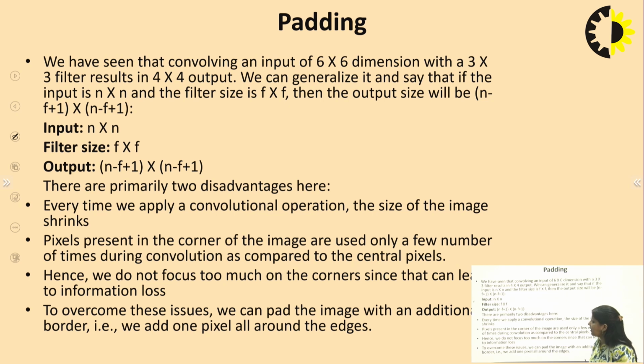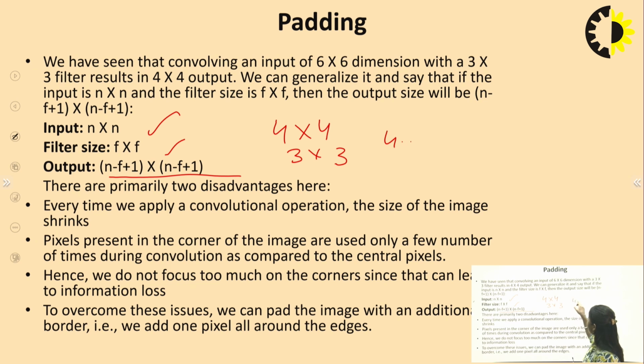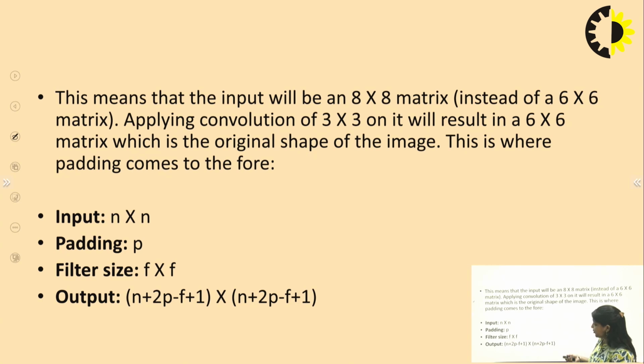So this is a formula. I already told you we have one formula in the convolution layer. We have an input image size of n by n, and the filter size is f by f, and the output image we will get is n minus f plus 1. We can take one example. 4 by 4 is the input image size and 3 by 3 is the kernel size. Then we get n minus f plus 1, meaning 4 minus 3 plus 1, so the resultant image will be of size 2 by 2. So the 4 by 4 image will be converted into a 2 by 2 image. It will shrink the image actually.